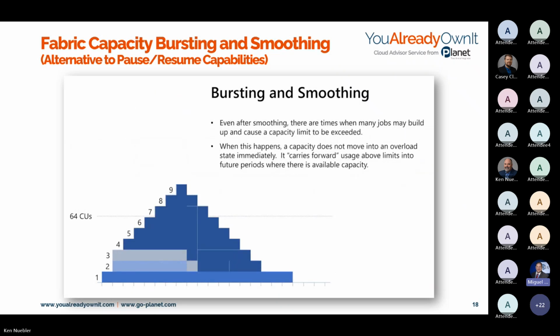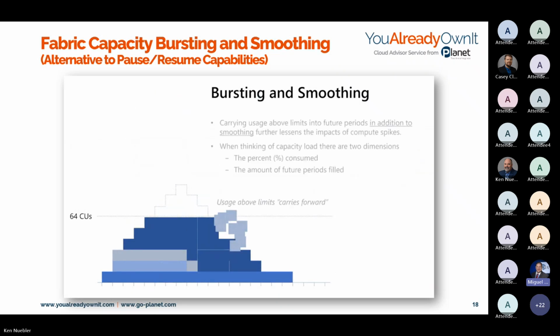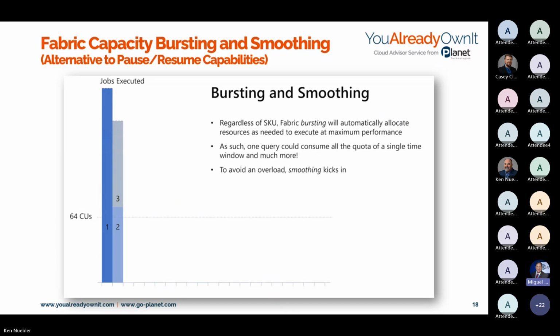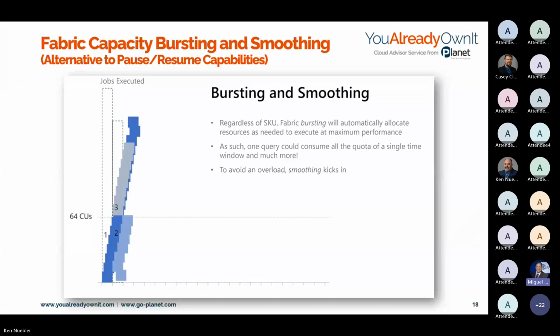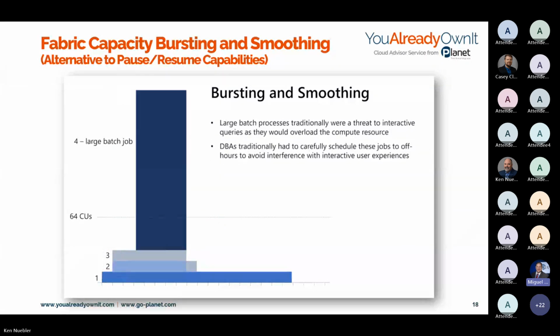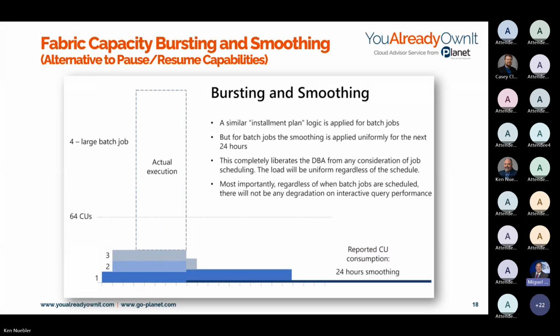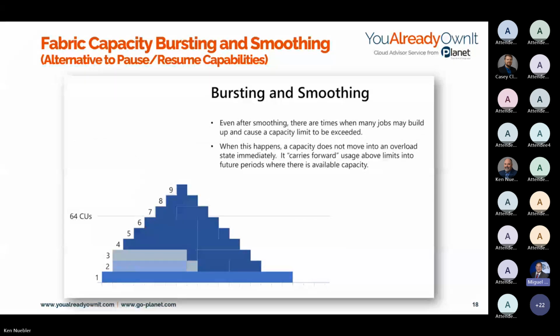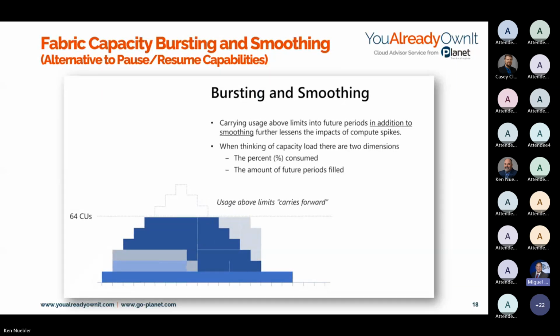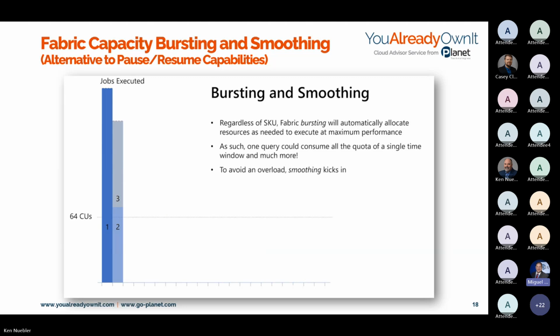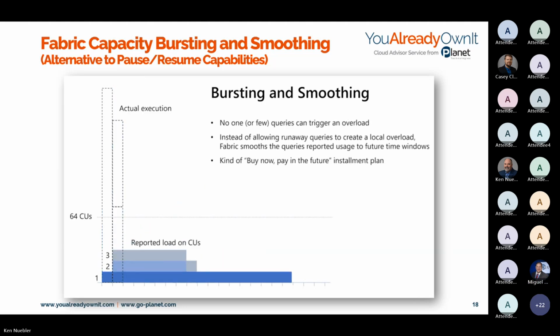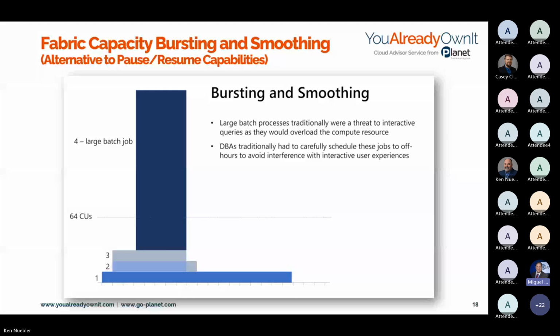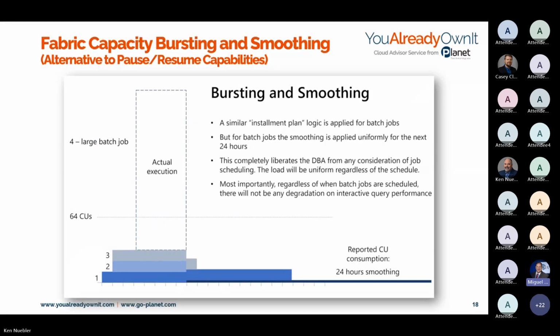But what will happen is that job runs for 10, 15 minutes, and you no longer need those capacities, and it drops below your threshold, your 64 CUs, for instance, in this animated diagram. It'll then try to reclaim, or what we call smooth. So it allows you to basically borrow compute power, capacity units, and then return them when you're not using the full capacity right after, okay?